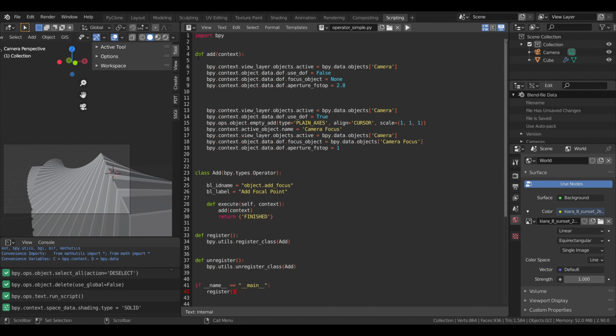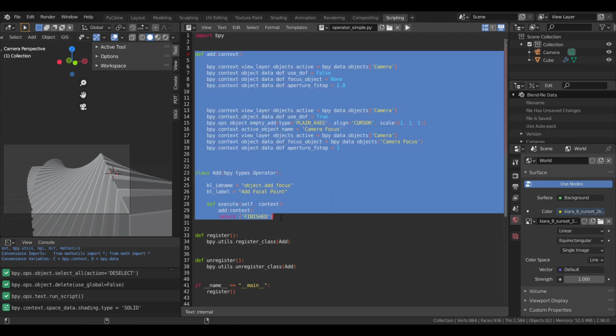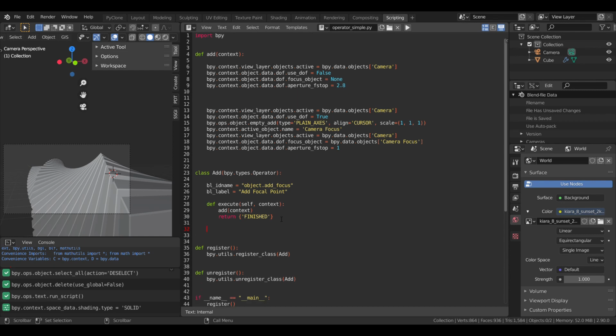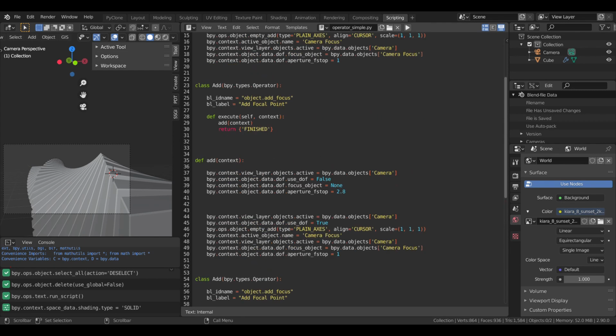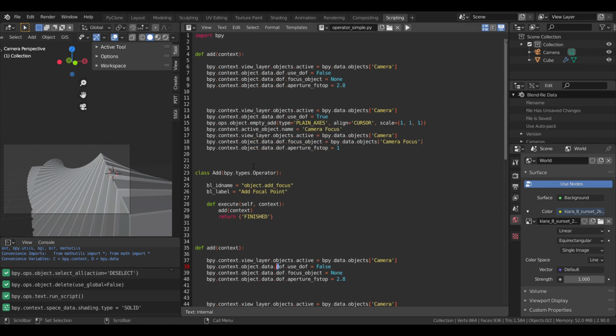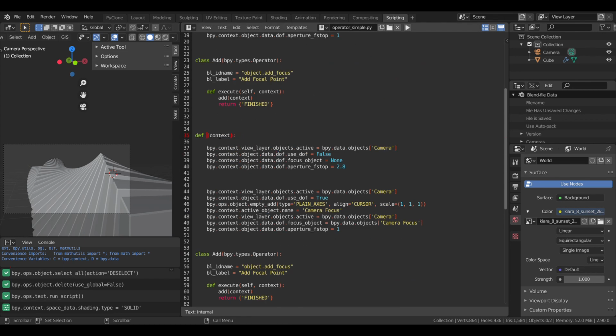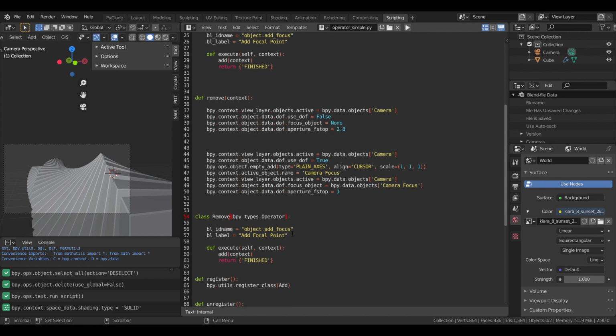Now what we can do is copy the function and the class, maybe move down a line or so, and paste it in. And now we can use this for our remove function. So we'll say remove, and same thing for the class. We can class it as remove, object.removeFocus, because this is our remove class. And our label name is remove focal point. That makes sense. We'll just link it up to our function,